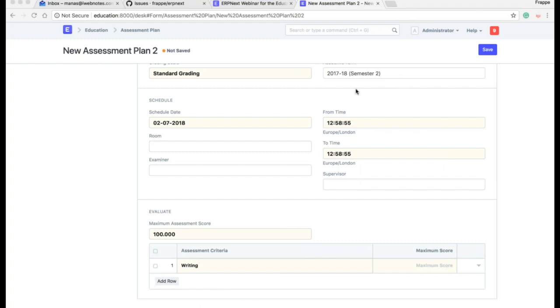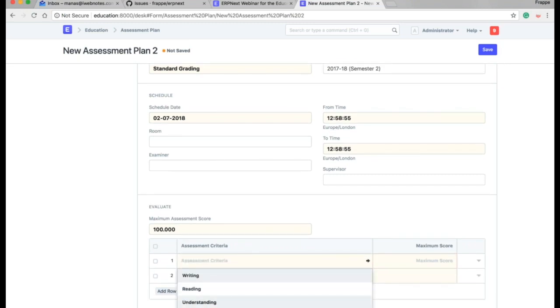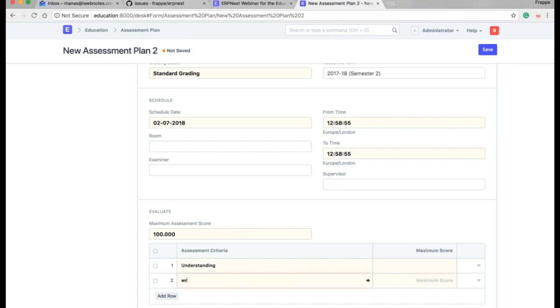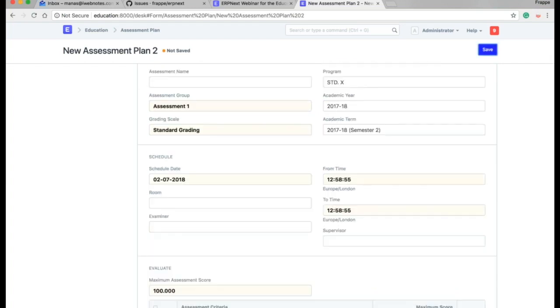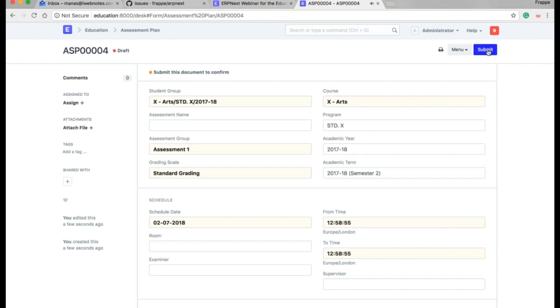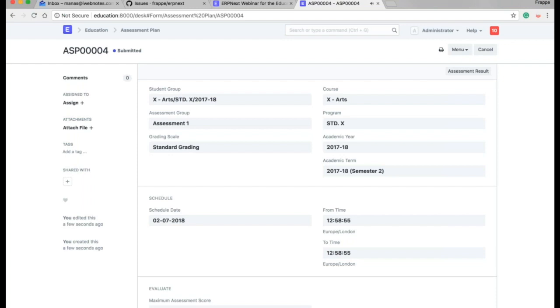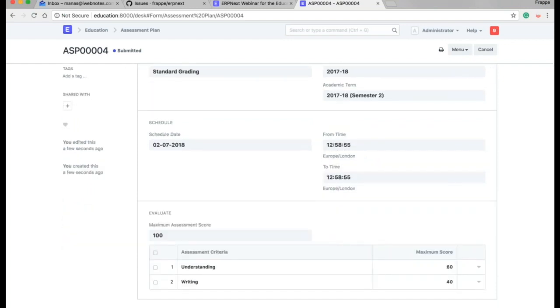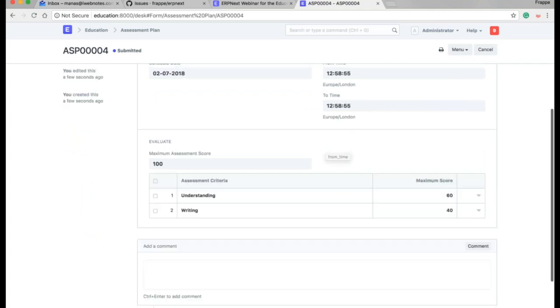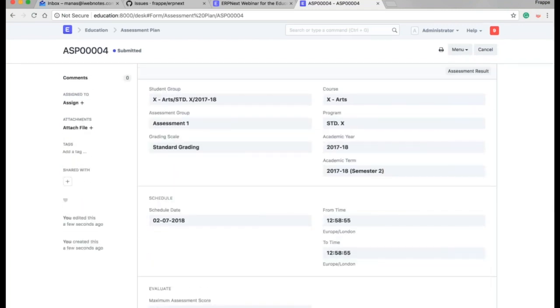Let's say this is writing. In the arts, I don't think there is any reading, okay, understanding and writing. Writing is also an art. So let's say 60 and 40. For that we just submit this assessment plan. Once we submit this particular assessment plan, after that we can enter the marks of the students